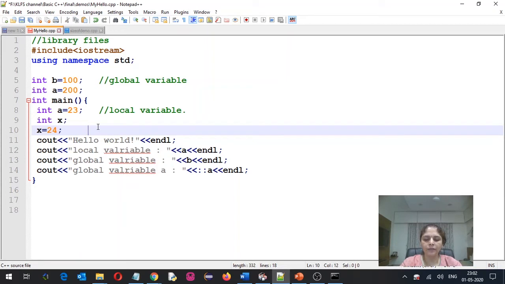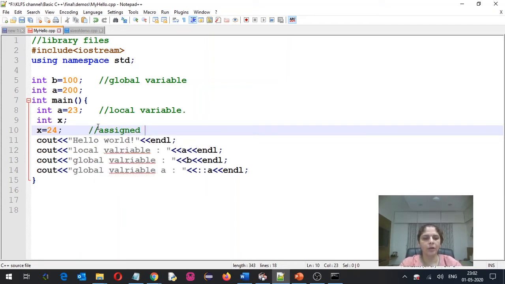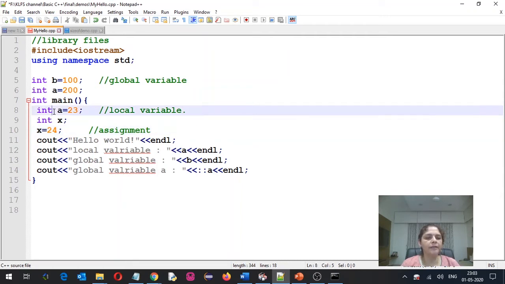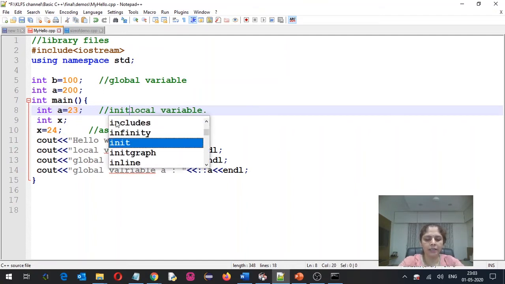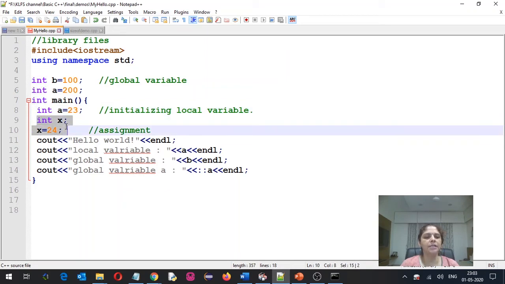So here we always say that x is assigned 24. Whereas here if I am declaring the variable and on the same line I am assigning value to it, this is nothing but called initialization. So here I can write initializing local variable. So this is called initialization and this is called assignment.